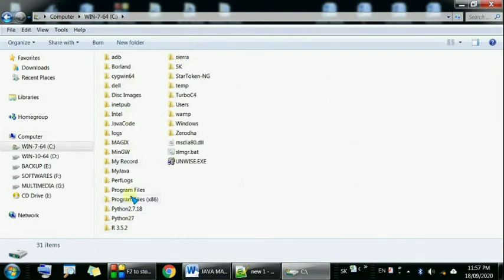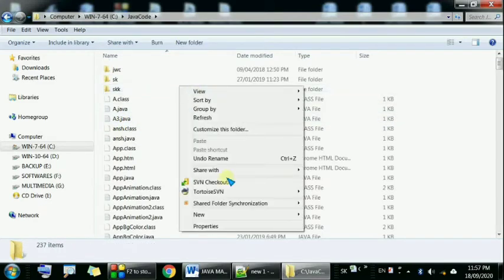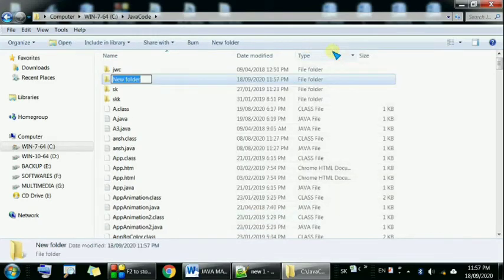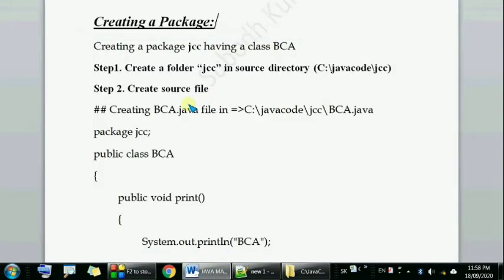Here it is. Now create the folder JCC. Now we have to write our source code named bca.java in this JCC directory.